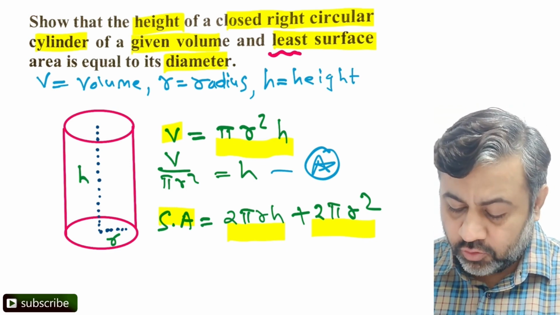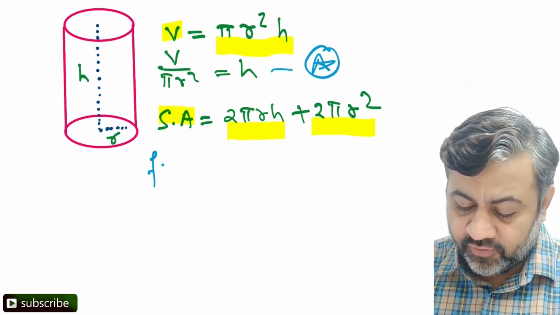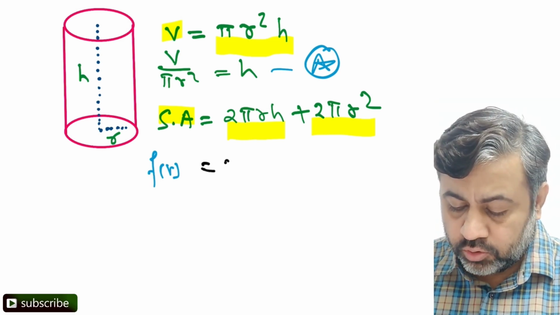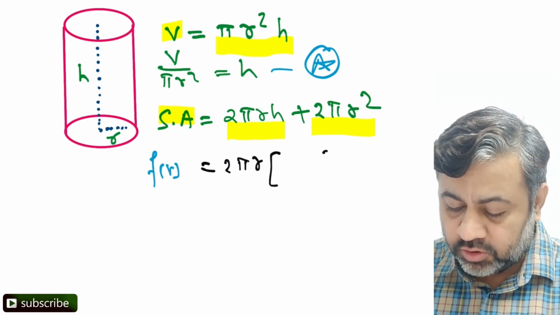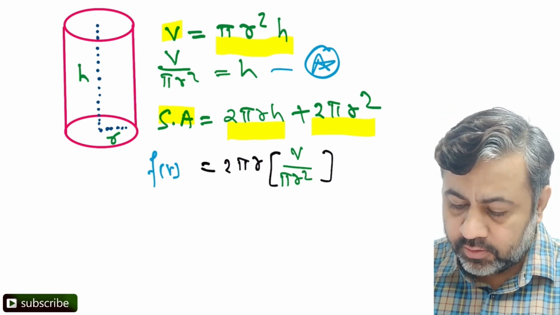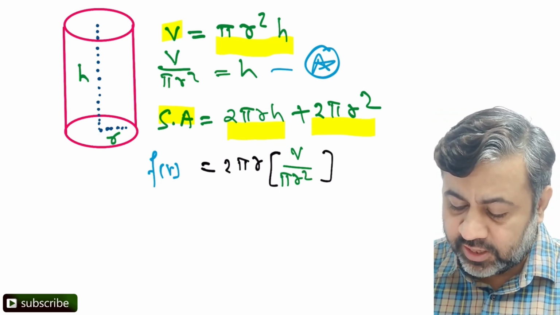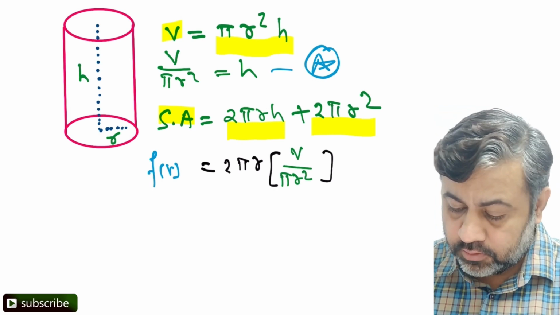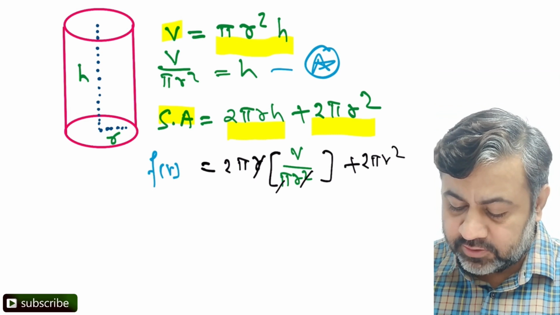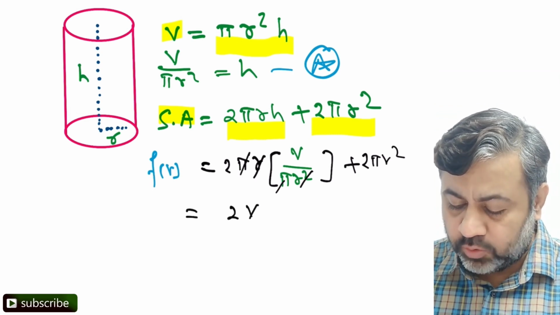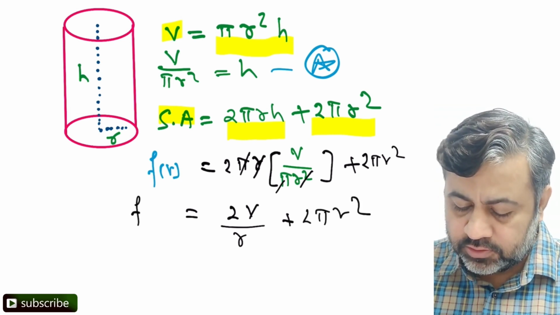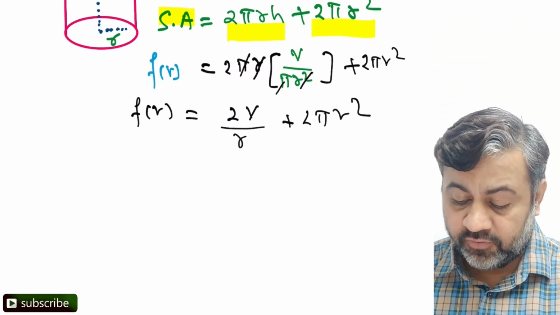radius. So what I do here is I say therefore f of r में बोल देता हूँ, ठीक है, because everything is going to be in terms of radius, 2 pi r, and I am going to substitute the value of h as v by pi r square, plus this second part as it is, there is no change in that. We keep the second part 2 pi r square as it is. Now one of the r is getting cancelled, pi is getting cancelled, so we are left with 2 times v upon r plus 2 pi r square. Now this is the first part of the question, that is forming the function.